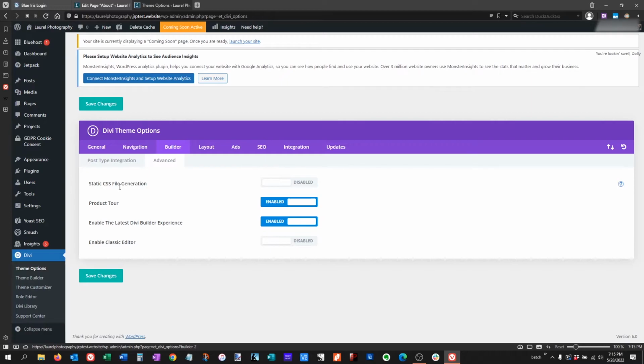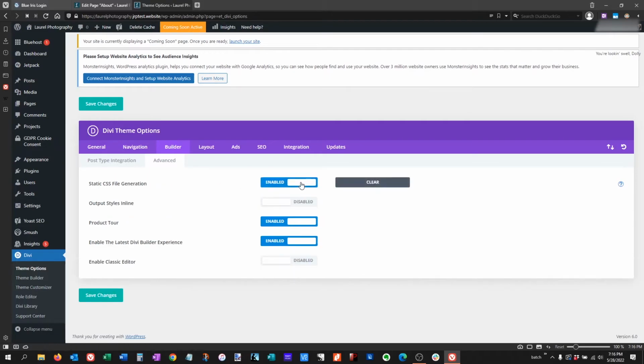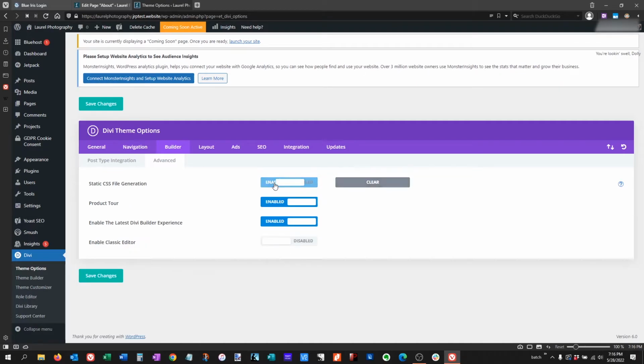It puts up the stuff that it's saved while the rest of your website is loading on the back end. So that's static CSS file generation. You want to enable that, clear it, and you can go back and then disable it as well and